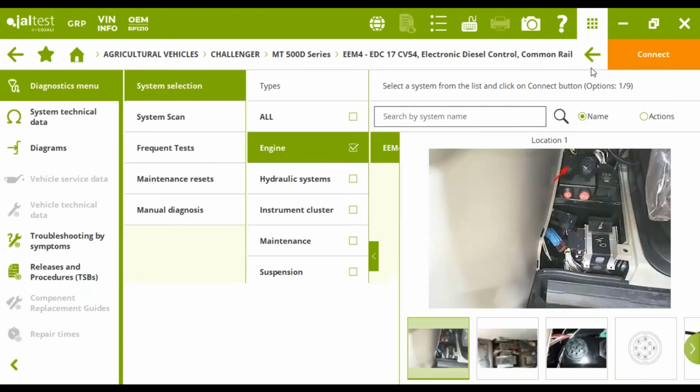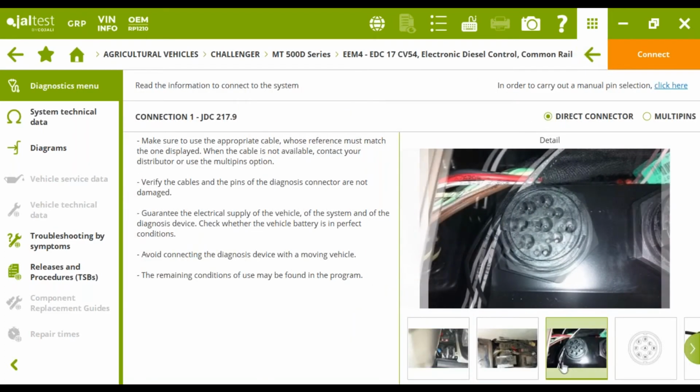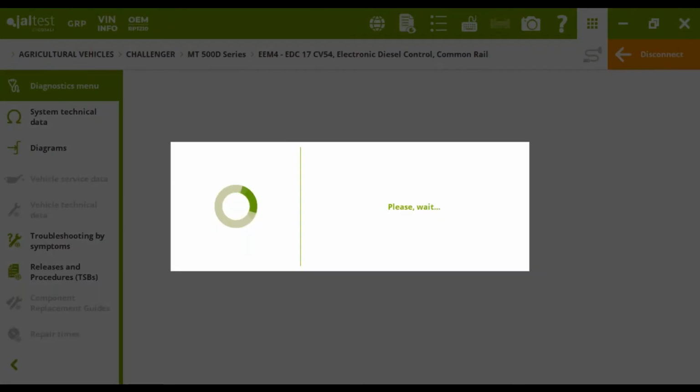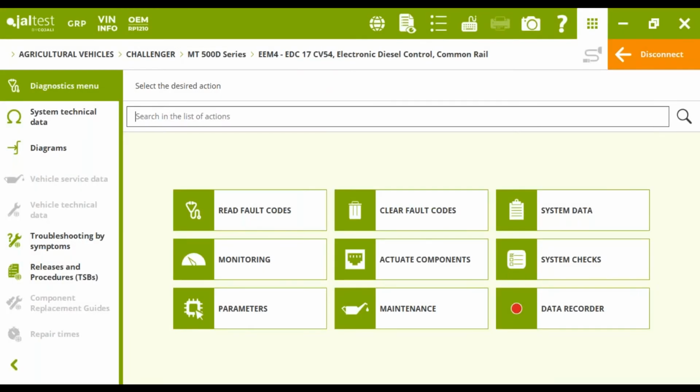We hit, of course, connection type first. We show you where the connector is and the connector you need to use. We hit connect, and now we're going to be able to see a couple of key resets that are very important in these engines. These AGCO tractors, even if we're talking about Challenger, Massey Ferguson, or Valtra, use the AGCO Power SISU engine. Important key resets on these SISU engines would be the aftertreatment system full clearing, the one that we were talking about before